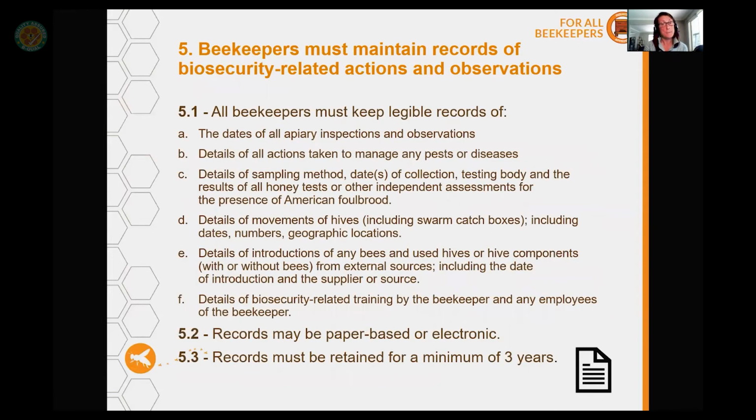Number 5, beekeepers must maintain records for biosecurity related actions and observations. Now, good record keeping is absolutely critical to good beekeeping and good biosecurity. It provides a record of actions that were undertaken, and accurate records are essential for tracing the source of disease outbreak. It is also important that records are made at or close to the time that the action or observations